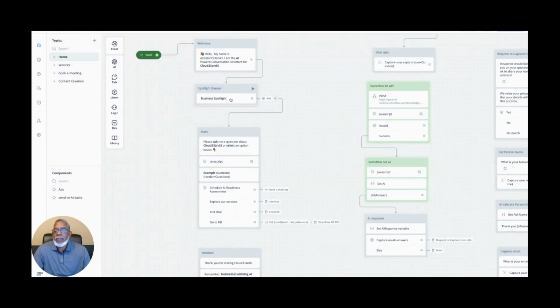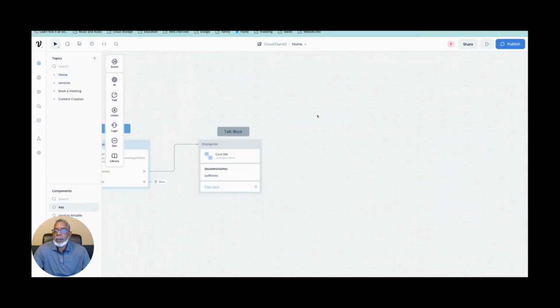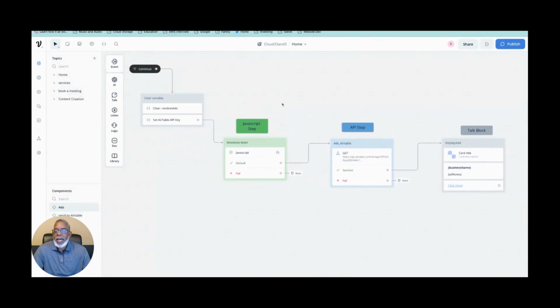And this is just another talk block that announces this business spotlight is coming. The important thing is the ads component, which is here as well as here. So if I open up here, I'm inside of this component. And by the way, there are many videos on YouTube that can walk you through how you create a component